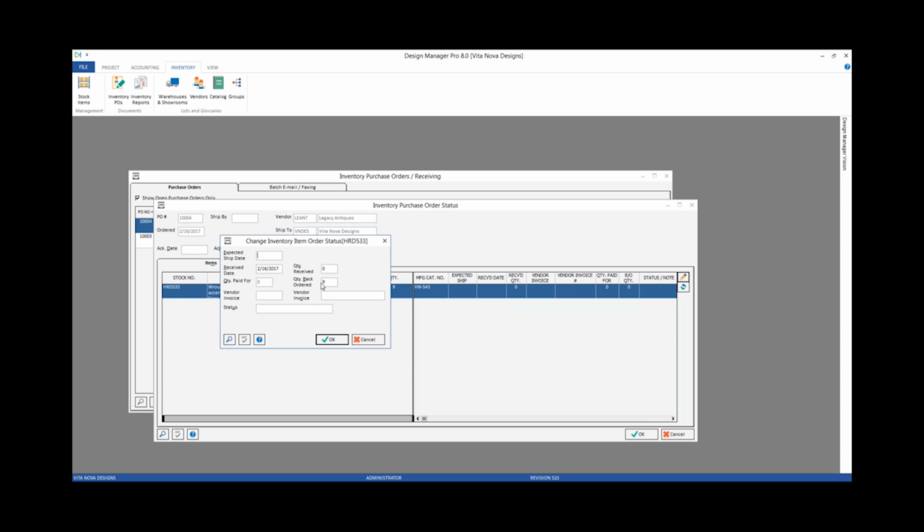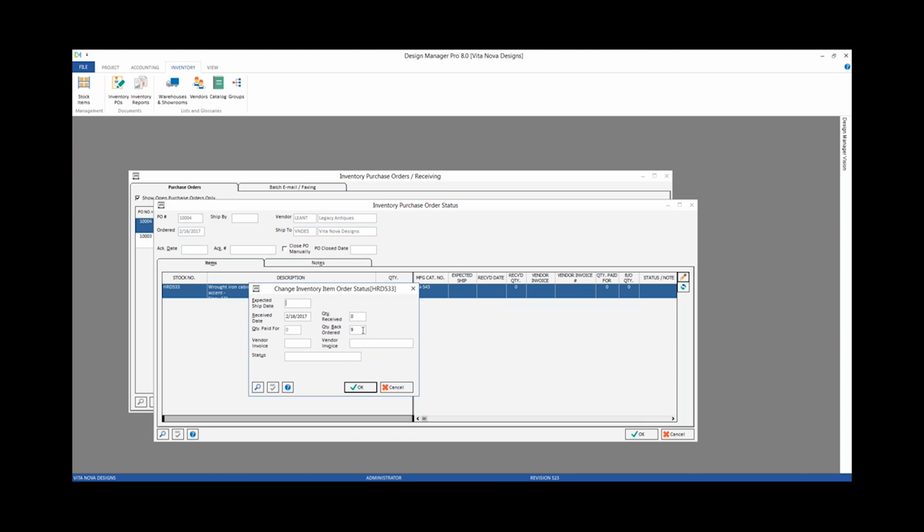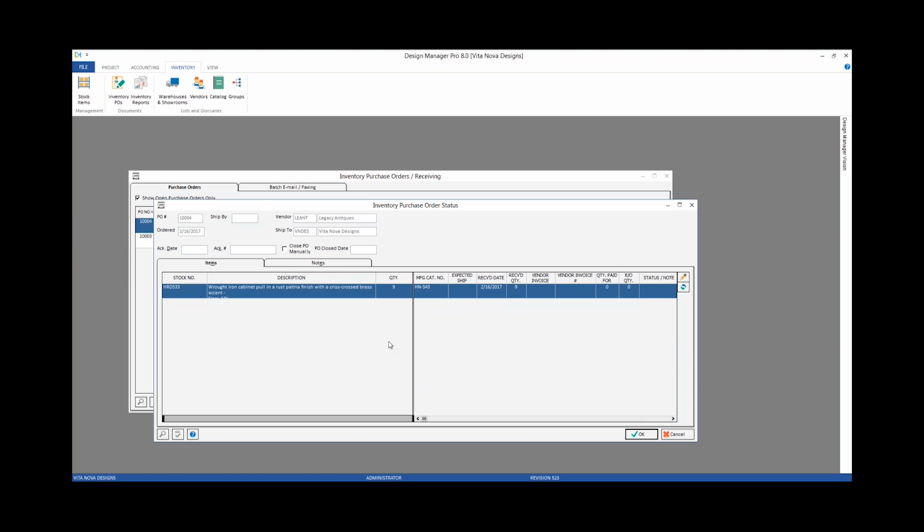Notice that my back order quantity is automatically defaulting to 9, but as soon as I input information into the quantity received, that updates automatically. Let's say I only got 5 of the pulls in, the back order quantity would also automatically update to 4. But we'll receive them all in our case. Received in full. And now, when we click OK,